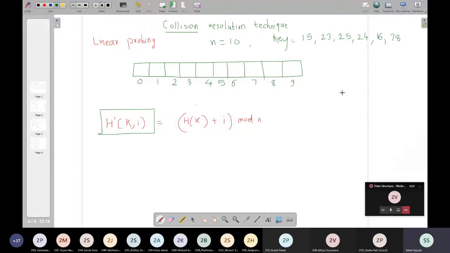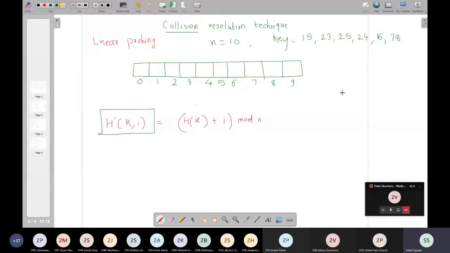Now, if I have 6 numbers to be stored and I have 10 slots available, all collisions should be resolved basically, right? Because there will be space available for all the 6 numbers, as I have a total of 10 slots. But the moment these key values exceed 10, the collision resolution technique will not be able to accommodate that 11th number or 12th number for that matter. But in our example, we have only 6 key values and 10 slots. No doubt some collisions may occur, but such collisions can be resolved and other slots will be available.